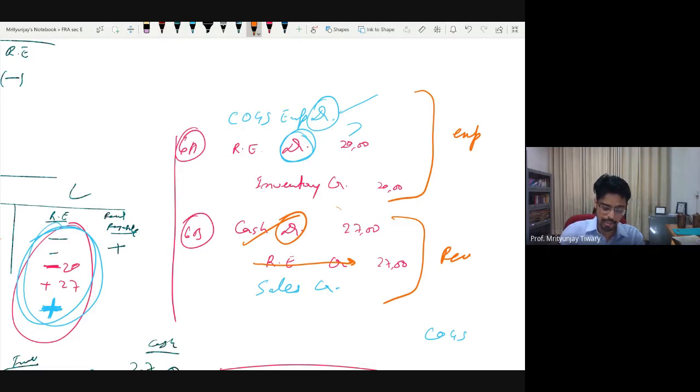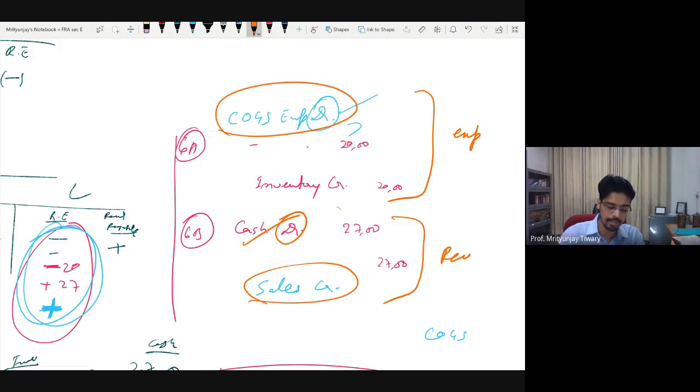So continuing with our example, we said that all the incomes should be replaced as well. So we replace the retained earning with the name of the income. We'll write sales credit instead of retained earning credit. And similarly, we did the expense leg of the transaction, wherein instead of saying retained earning debit, we said COGS debit, because it's an expense debit, and then inventory credit to record the fact that inventory has fallen down.